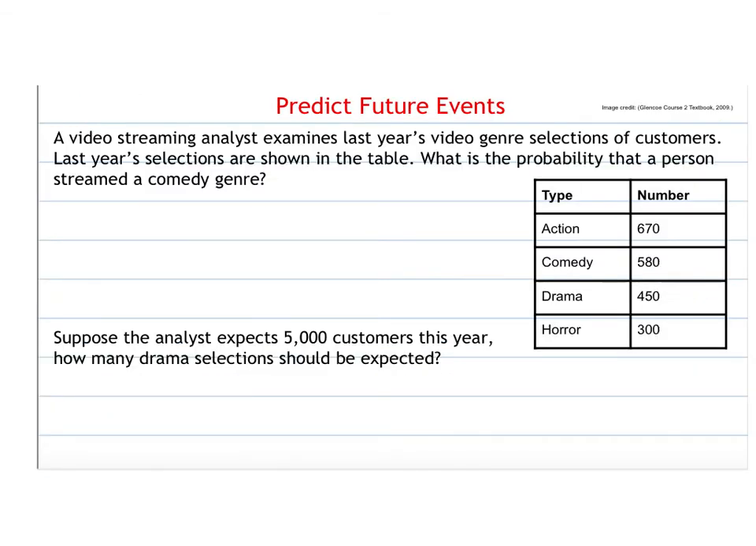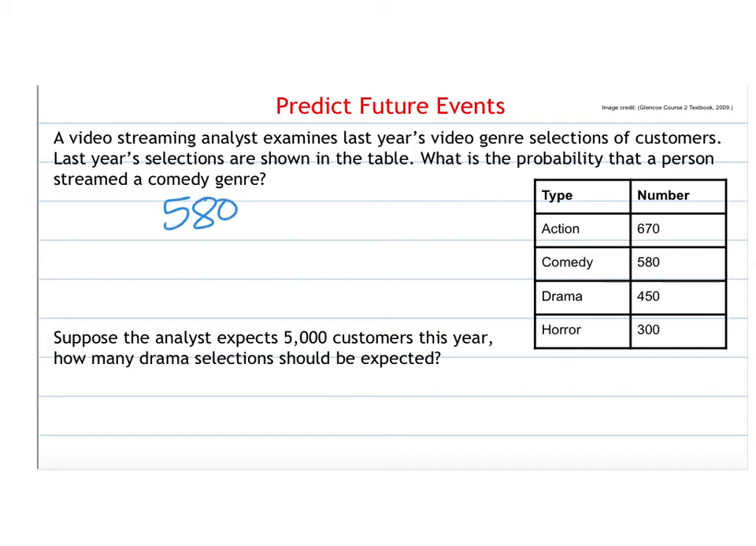All right, predicting future events. So we're using what we found now to predict what will happen in the future. So a video streaming analyst examines last year's video genre selections of customers. Last year's selections are shown in the table. What is the probability that a person streamed a comedy genre? So we're actually looking at the information in here. So the comedy was